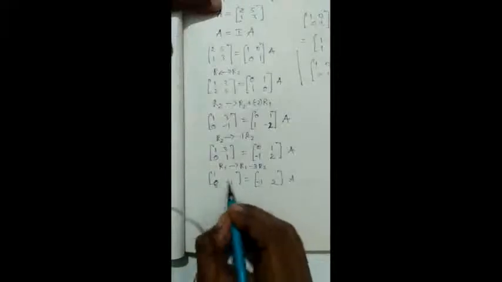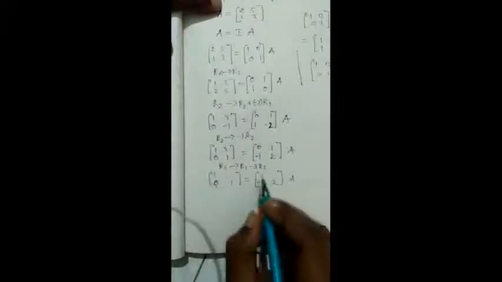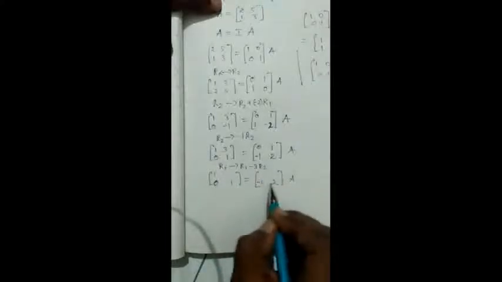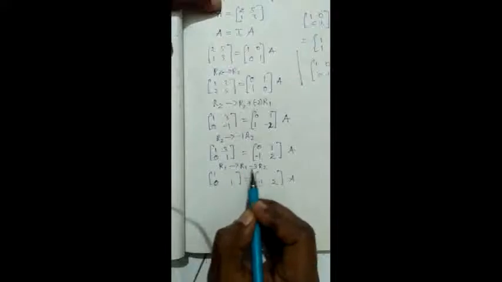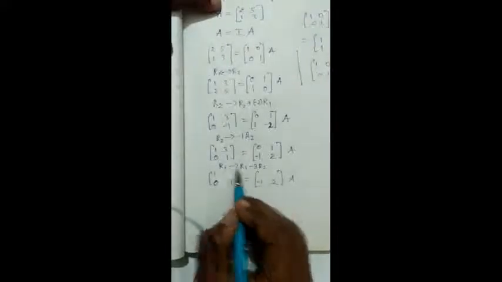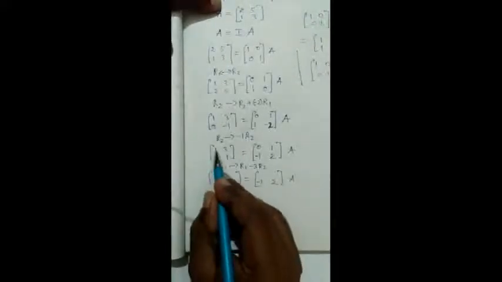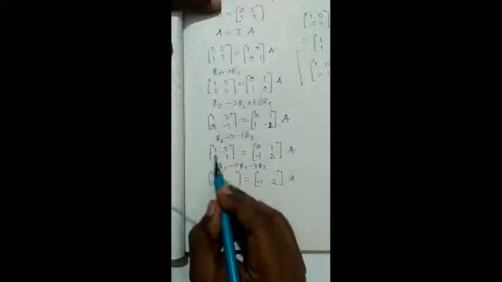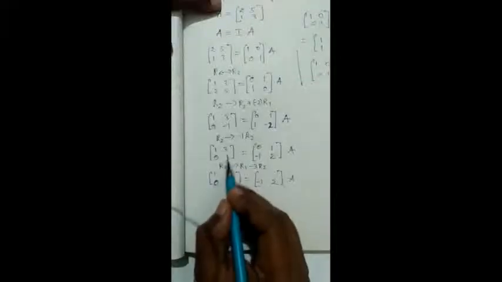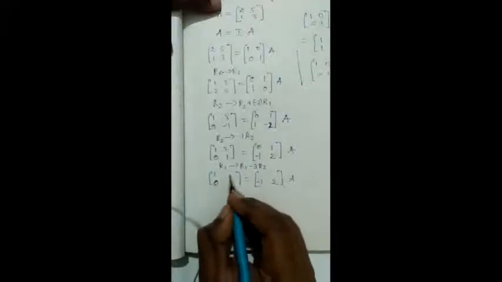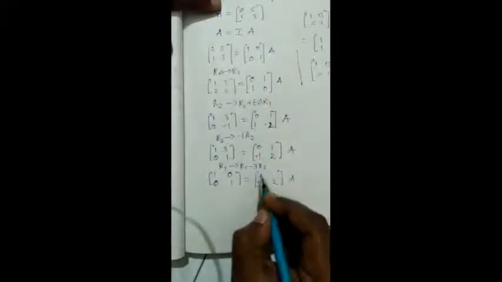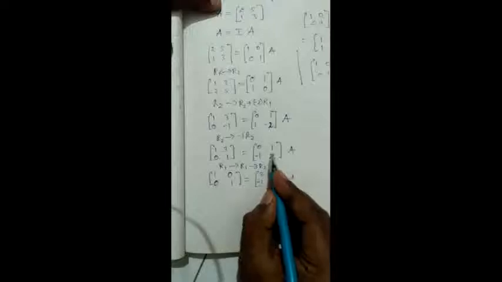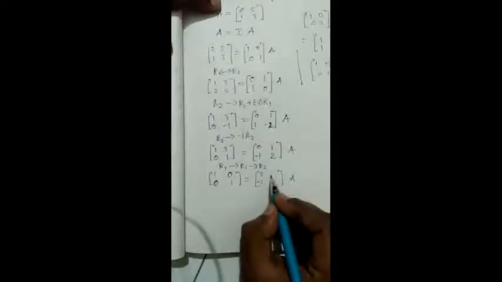So the second row you have to fill as it is. Second row, 0 and 1 is as it is, and minus 1 and 2 is as it is. Now for the first row, what we planned here is, the second row we have to multiply by minus 3 and add with this one. So multiplying this by minus 3 and adding with this one is 1, and multiplying this by minus 3 and adding with this one will become 0, and multiplying this by minus 3 and adding with this one is going to be 3. Multiply this by minus 3, so it becomes minus 6, and adding with this one it becomes minus 5,